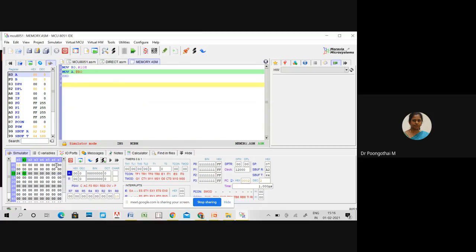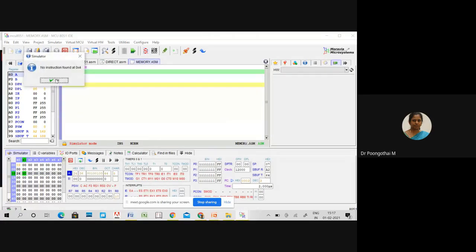Now after execution, your R0 holds 10. Is that clear now? Now I am executing MOV A, @R0. What is the value stored at 10? 24. Okay. So after execution, your accumulator holds 24.